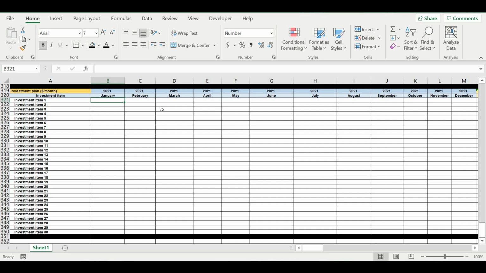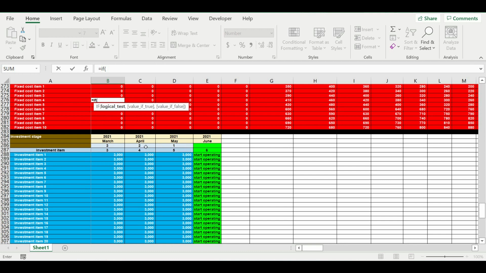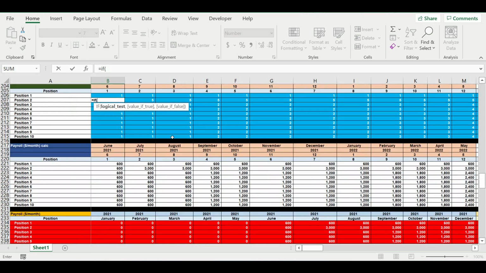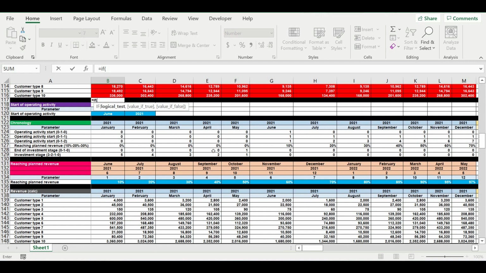So now we start linking our investment plan to the chronology. So we have month number 1, 2, 3, these months, and we go to the formula, to the line that we've just created inside our chronology of the investment stage. We'll find 1, 2, 3 and link the investment plan to this moment. So if this line is equal to 1, we will place